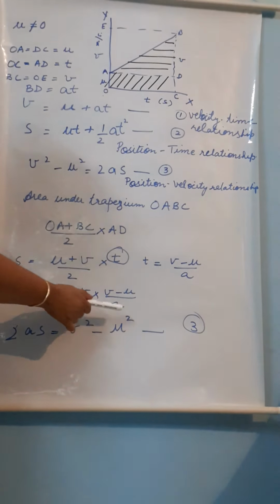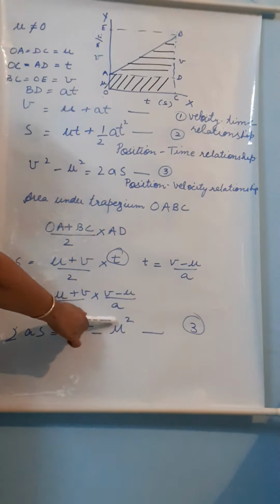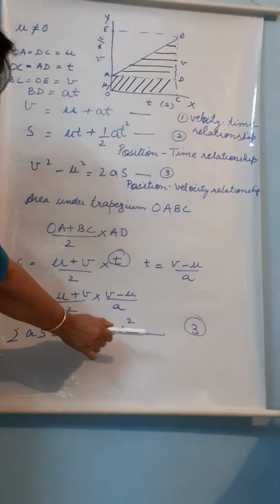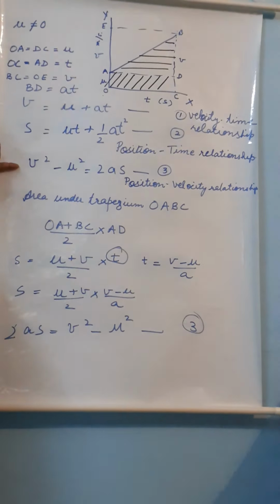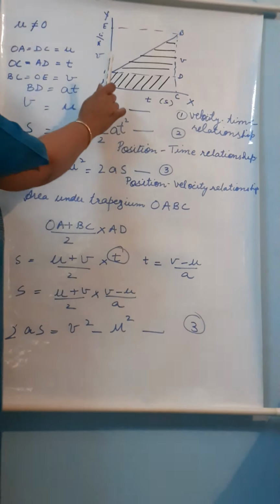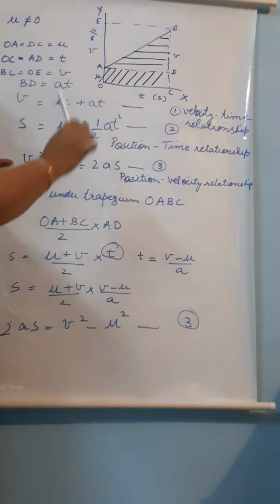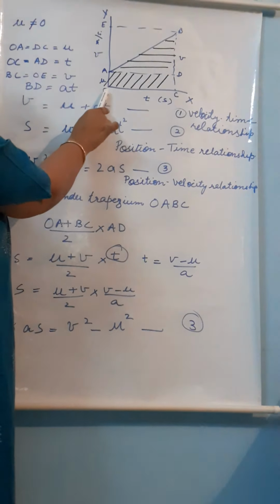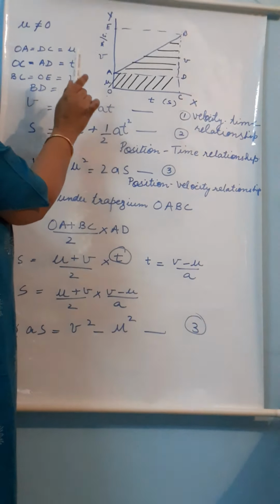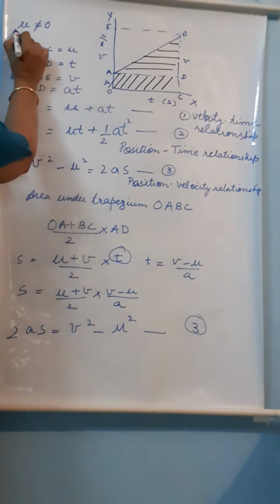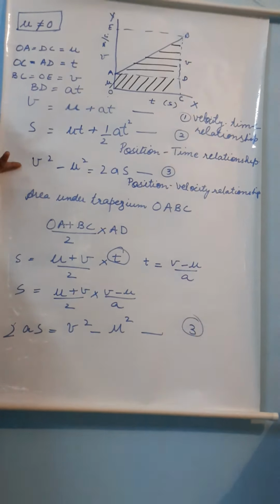This we have taken by the formula A plus B into A minus B is equal to A square minus B square. So here we are doing V square minus U square and we get the position velocity relationship, that is the third equation of motion, by the help of this same graph. So we see this velocity time graph is very important. What we have to remember here is we do not take the initial velocity as 0. We see that the object is already in motion, so it has some initial velocity. So it is very important to note that here the initial velocity is not equal to 0.